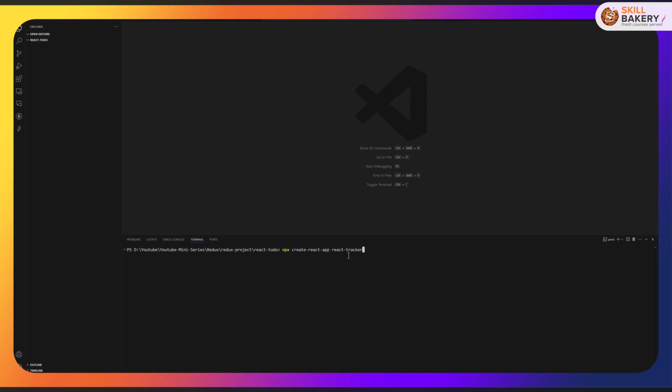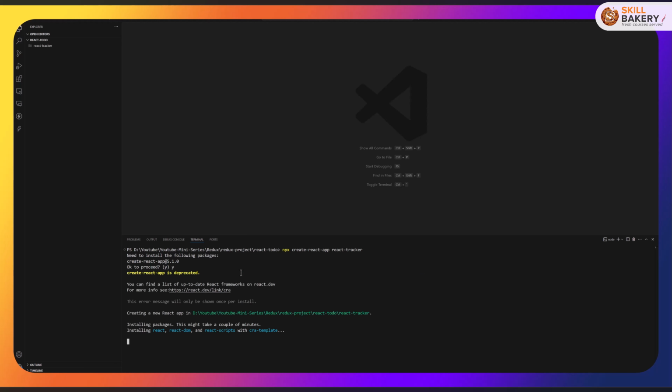So the first thing that we need is this command: npx create-react-app react-tracker, and that's the name of our application. Press enter to create the application, and over here press Y to proceed. Now this is installing the packages required to create a basic React application. Once this is done, we'll be going inside the react-tracker directory, and inside that directory we'll be installing the